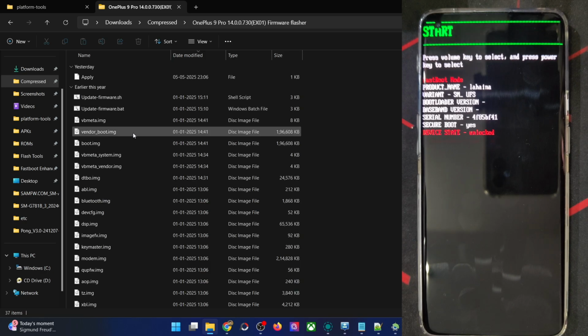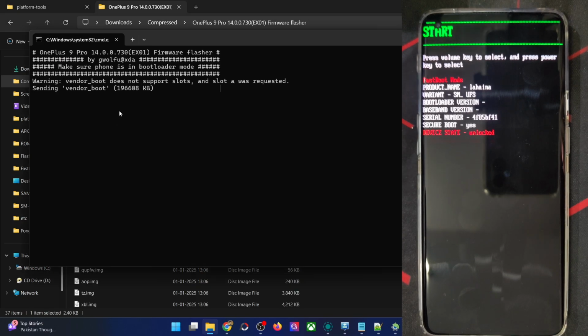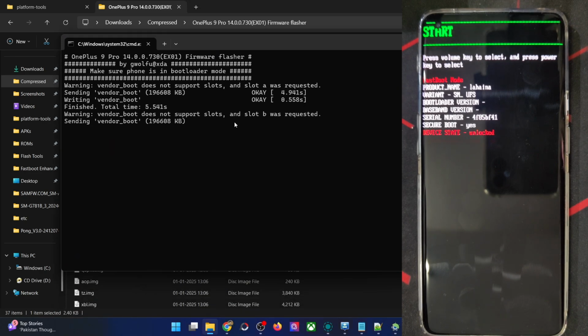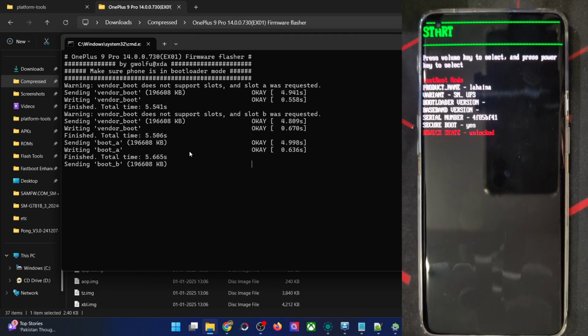Open it. Now just launch the update firmware.bat file, and the steps are the same for both the OnePlus 9 and the 9 Pro. Simply extract the firmware for your phone and then launch the update firmware.bat file. The flashing will now start, and it will also ask you if you want to update the modem. If your phone is a US build, then don't update the modem. But for global, EU, and India builds, you have to do the modem update as well. So let's wait for that to happen.